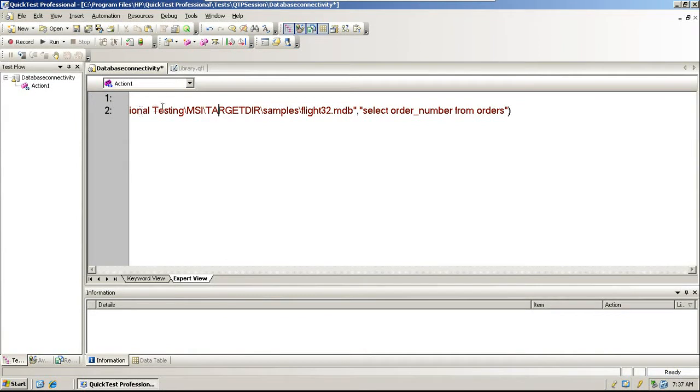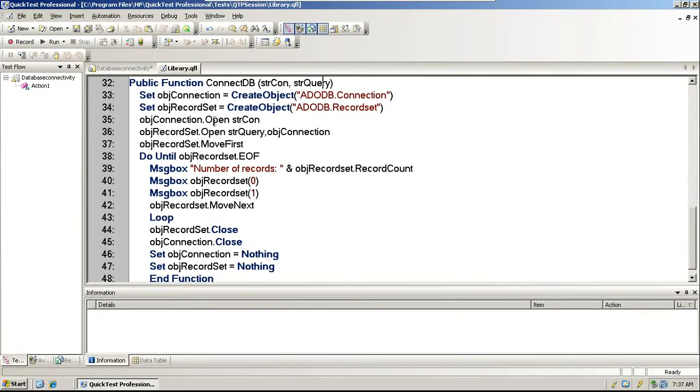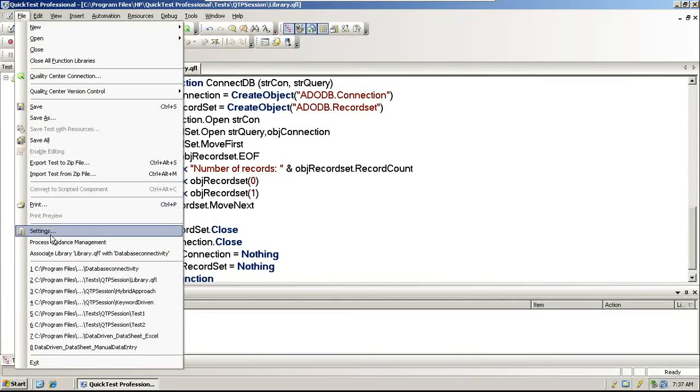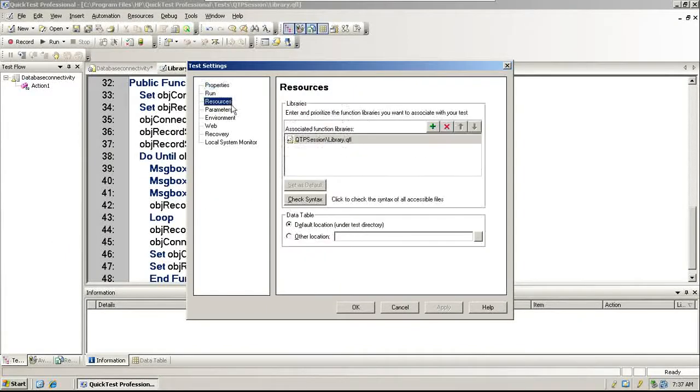See, the library can be stored either locally or in the HP ALM or Quality Center. Once you establish the Quality Center connection or ALM connection, you can store it. Still, you must associate. The only difference is your path will change here. If you come to resources, here it says QTP session / library. Why is it QTP session? Because it's a relative path. Why relative path? Because that's where I am storing. The whole path is very lengthy: C, HP, Quality Center, then QTP sessions is my folder. Remember, in that I have stored it.